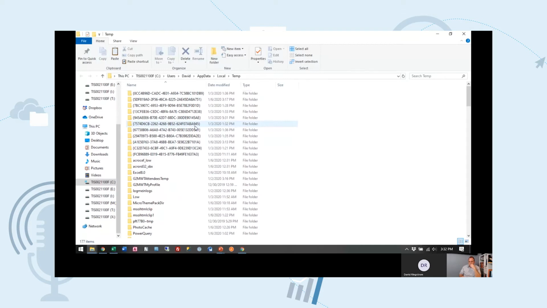And I, through a lot of repeated crashes and getting frustrated, have realized that I've gone to the point of setting up a batch file that just nukes this folder when I log into my computer, because there's nothing in here you need to keep. Some of the files are in use, so you're not going to be able to get rid of everything. But if you just go into that folder,